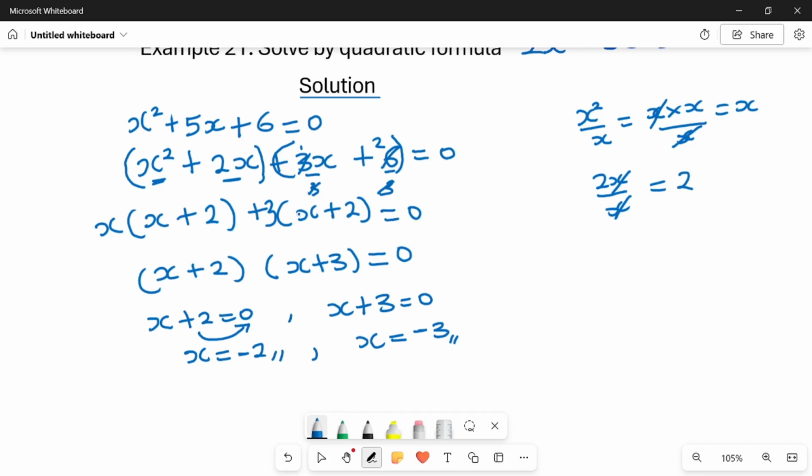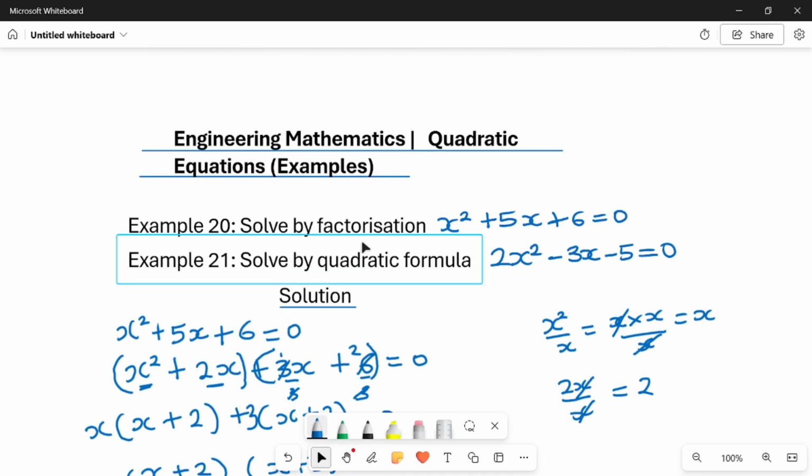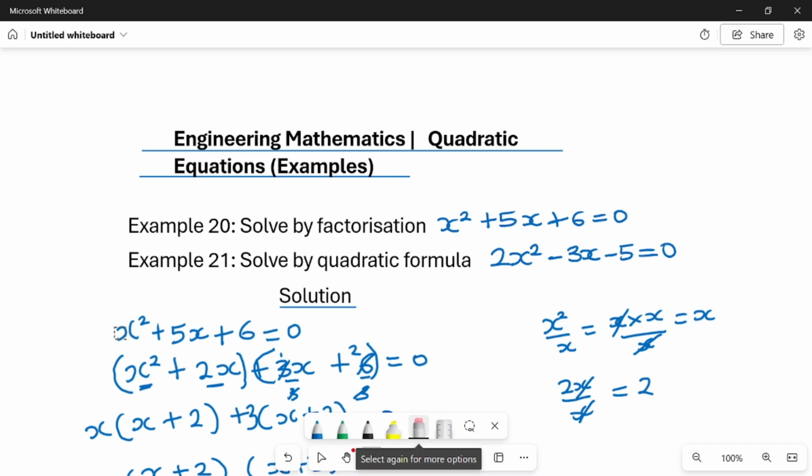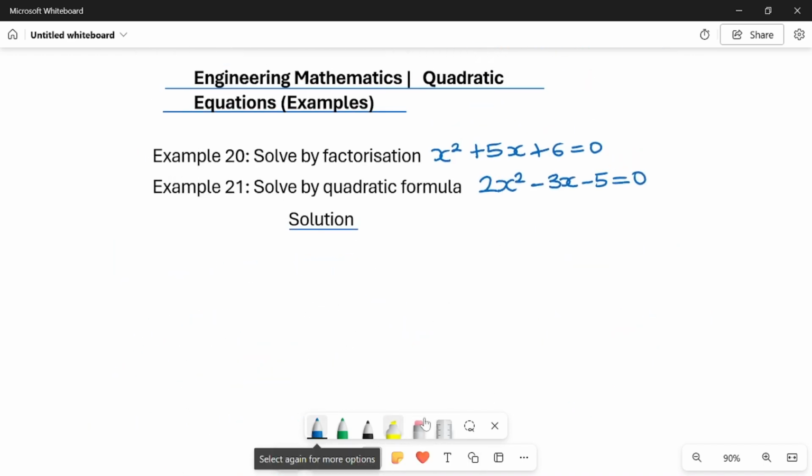So this is the first method, using what? Factorization to solve quadratic equation. Solving by factorization. So the next method is solving using what? Quadratic formula. Alright. So for example 2, we're given what? 2x squared minus 3x minus